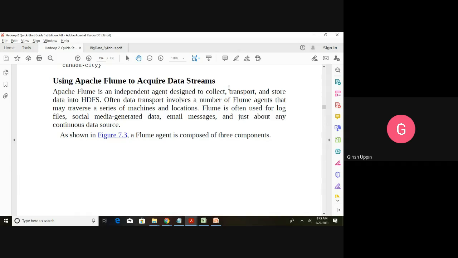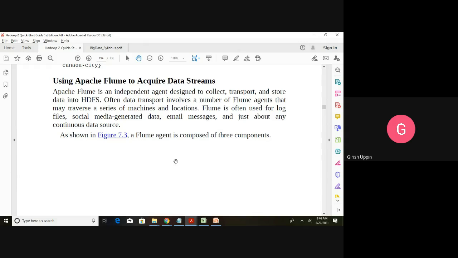And these web logs will be continuously getting updated, right? It is not a one-time thing. As and when there is any activity on the web application, it will keep on logging into the web log. That is how it is a stream of data that we have to read, and using Apache Flume we can read that weblog. Once we get the data into HDFS, on top of that we can run analytics.